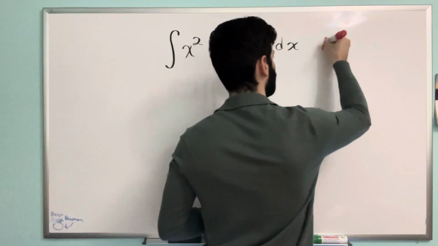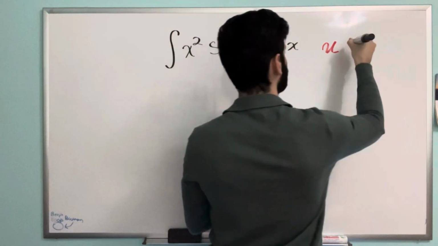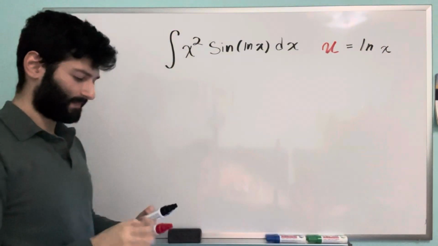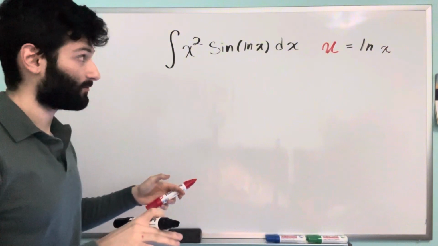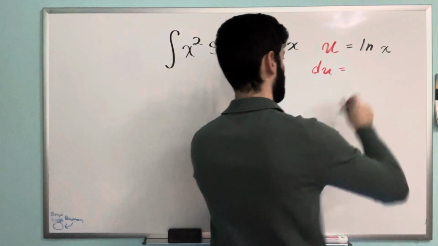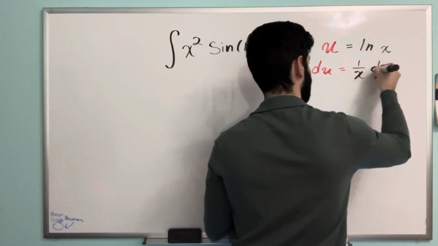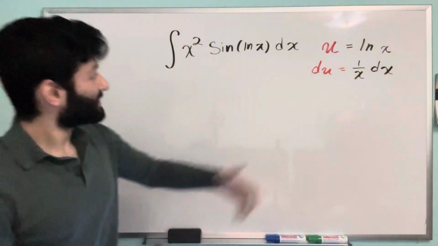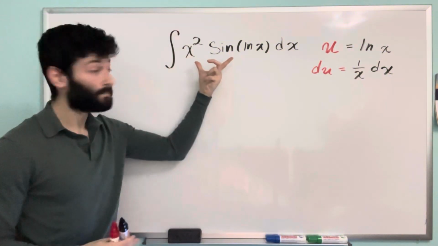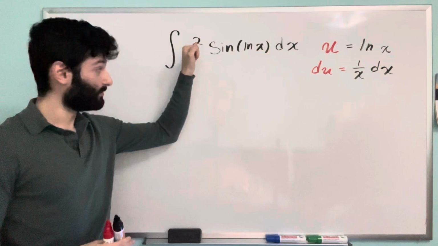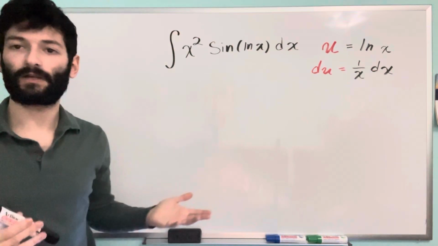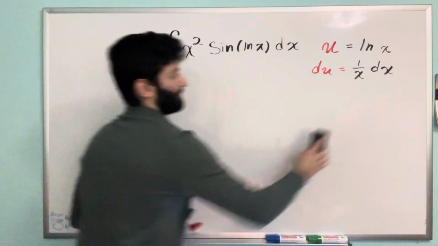If we set u equal to ln of x, well, if we differentiate both sides with respect to x, we end up getting du equals 1 over x dx. And when we substitute back in, the dx gives us a factor of x du, making this an x cubed sine of u du. That did absolutely nothing. So what gives? The trick is,